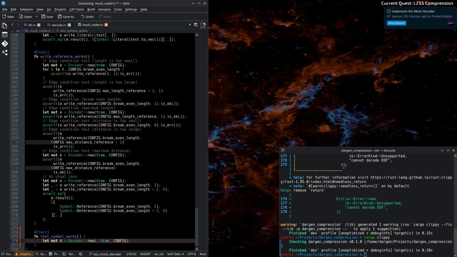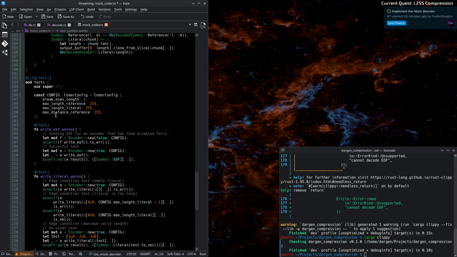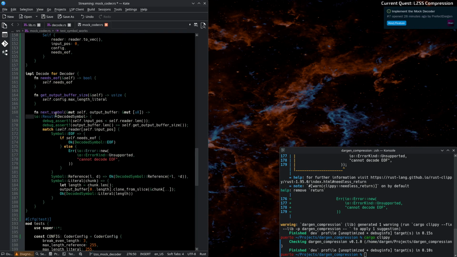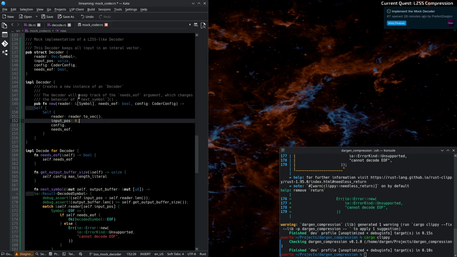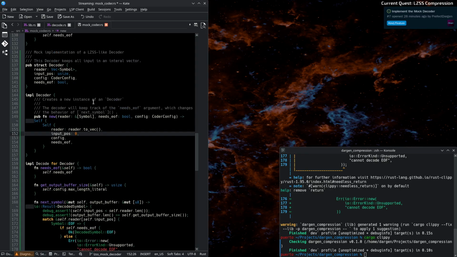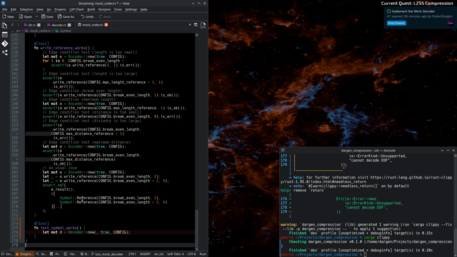So the issue with the decoder is that it needs to be passed along, yeah, a slice. That's going to be copied, so there's no problem there. So we could do something like, for example,